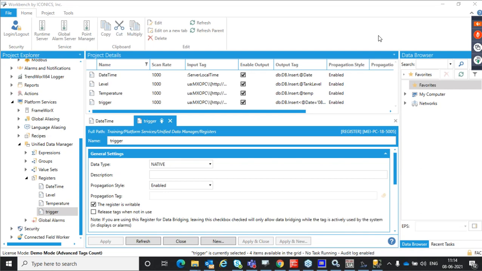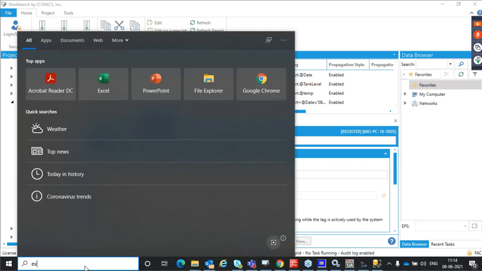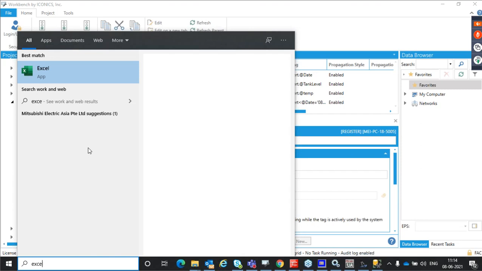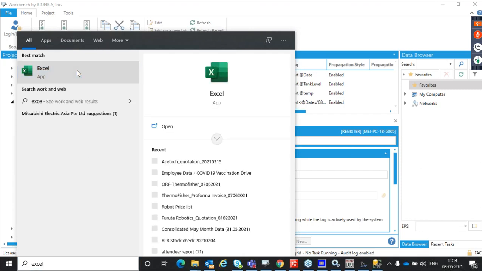So okay, I think someone is asking one question. Let's see that. What is that question here? Yeah. So I think Devendra Chauhan is asking one question: can we connect the MX OPC server with Google Sheets? Normally we have an MX sheet kind of configuration. Normally, whenever you are installing, if you open any Excel file,